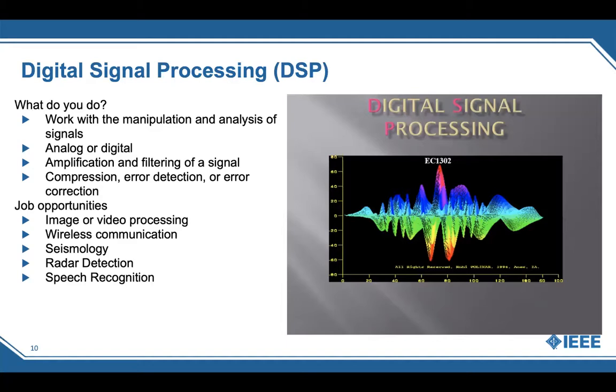And what you can work with is the amplification and filtering of different kinds of signals, and even compressing, error detection, or error correction. So some job opportunities that you can have with DSP, well, just in case you didn't know, we also call digital signal processing DSP, just to make it a little shorter. So some of the career opportunities you have with DSP are image and video processing, wireless communications, once again, seismology, because those are different signals that you're receiving in terms of vibrations in the earth, radar detection, and even speech